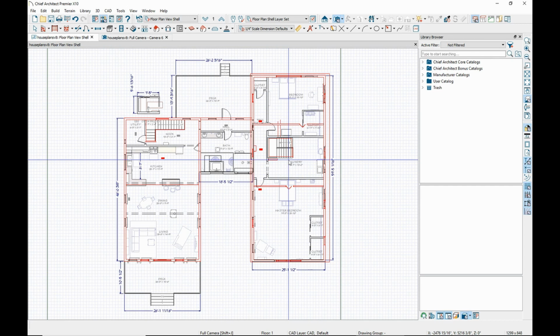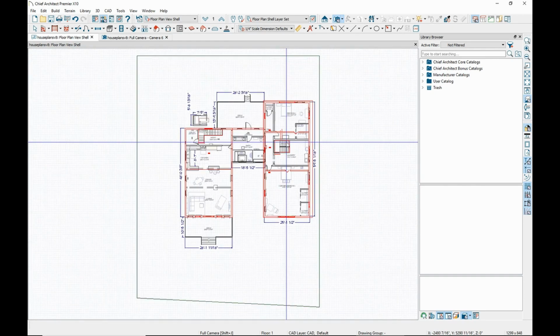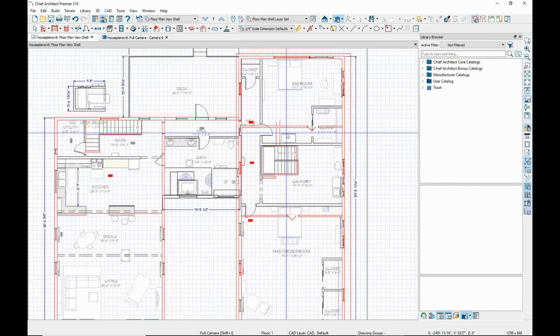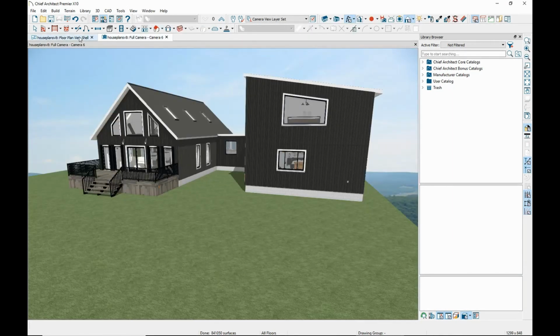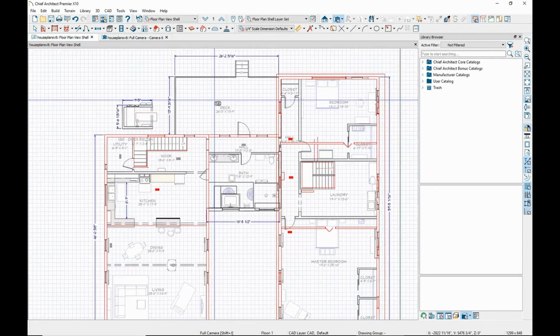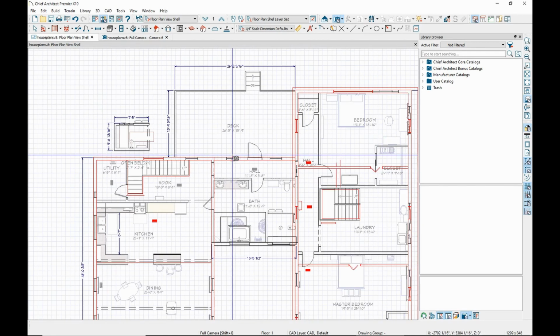Today we'll be looking at some features in Chief Architectural Premiere 10. I've been playing with this for a while now, just to get a feel of how it works. I was looking for a blueprint software, and I found that this was a pretty neat program because it did pretty much everything I wanted to do,